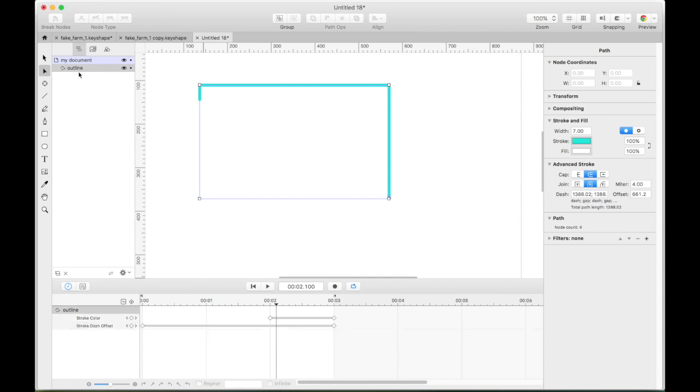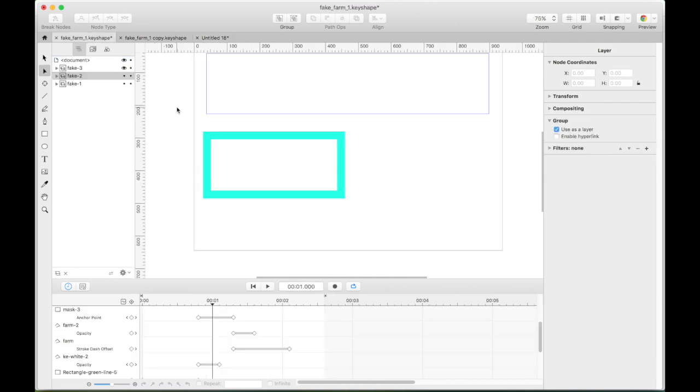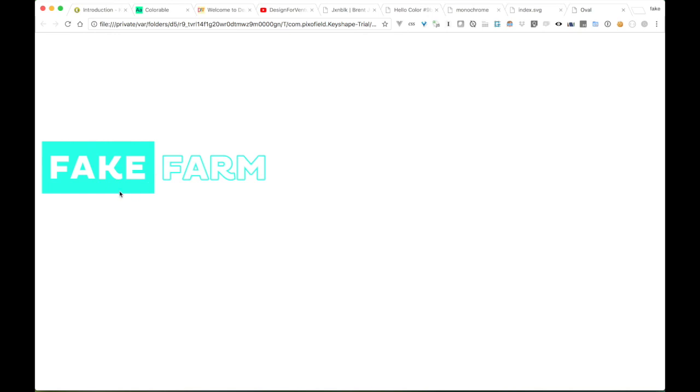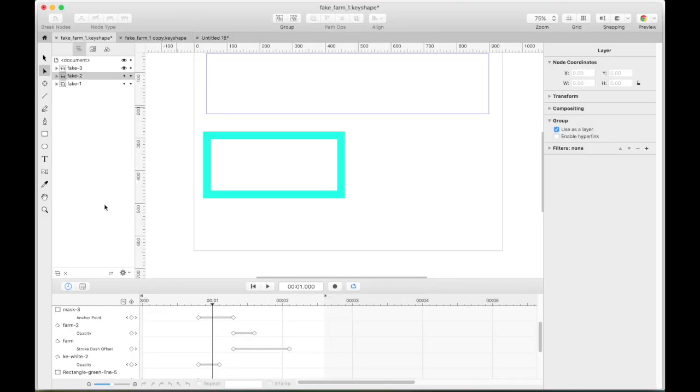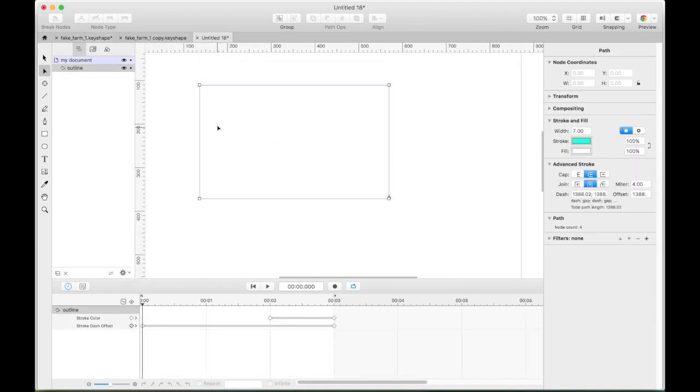Now, here's the next thing. I want this rectangle, let's go back to the demo here, it stretches out. See that? It stretches after it hits it. So let's go back, and what I want to do by stretching it is I'm going to be on the stroke, and this is where this enable auto keyframing is.